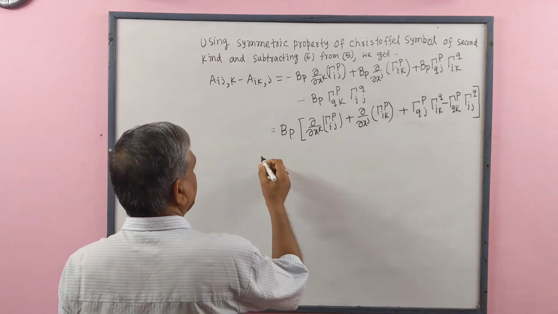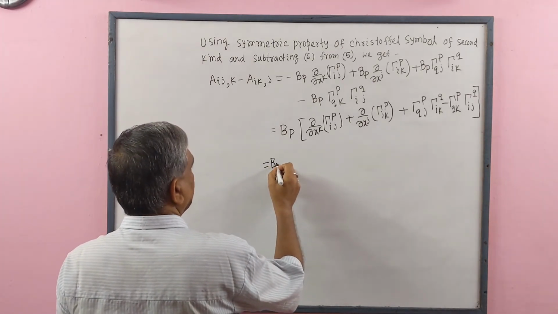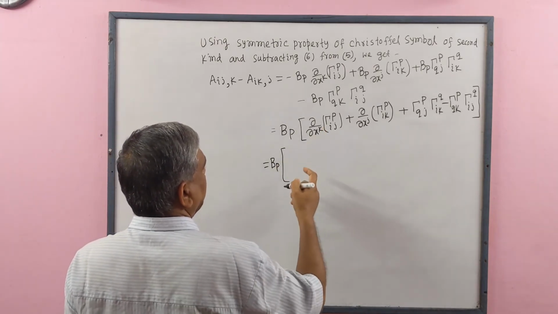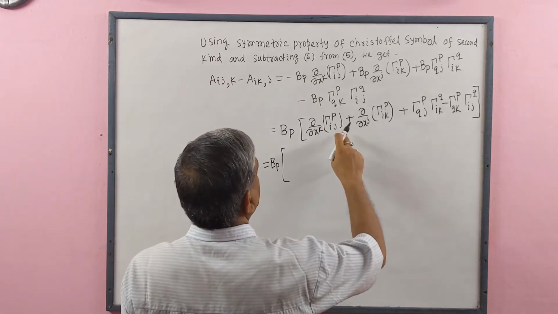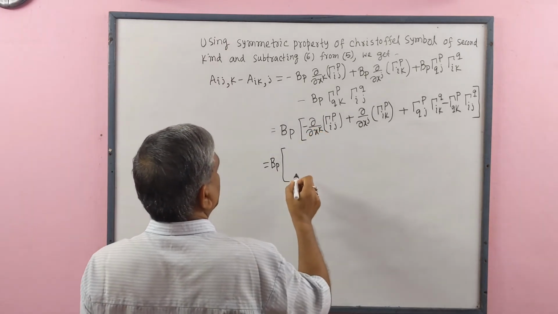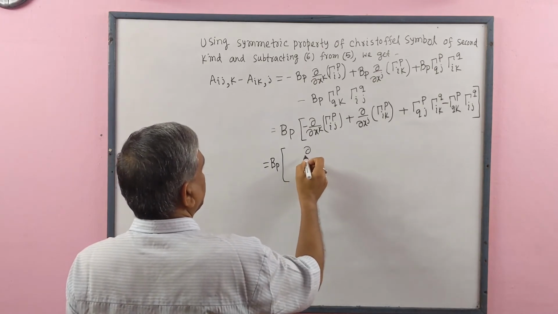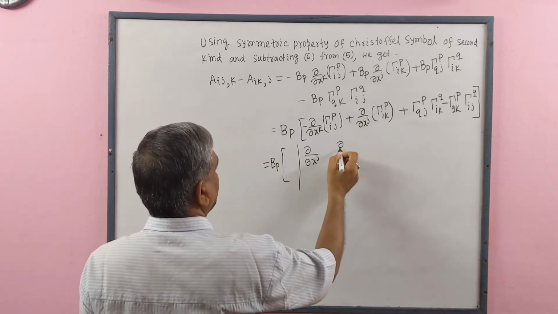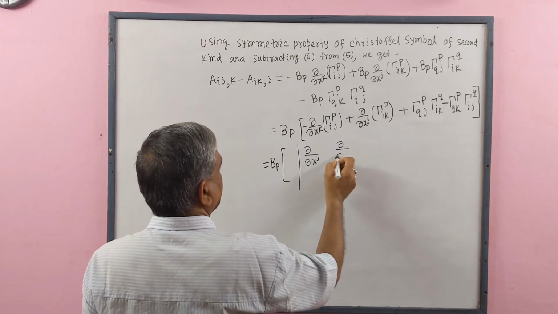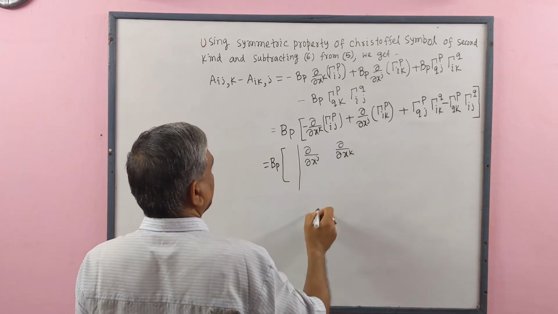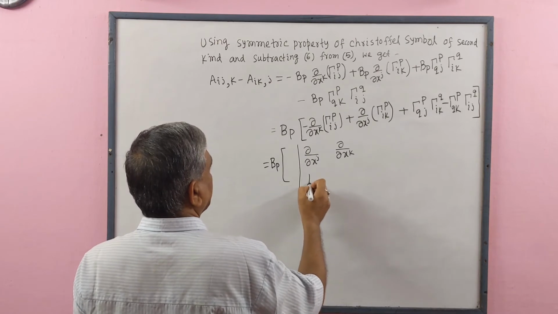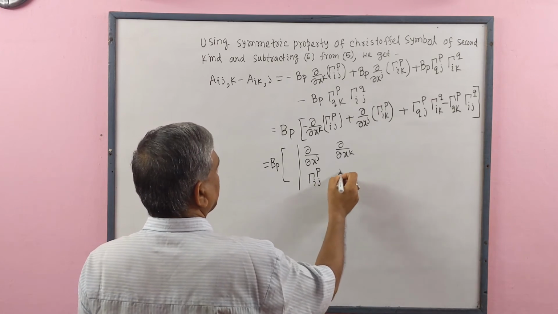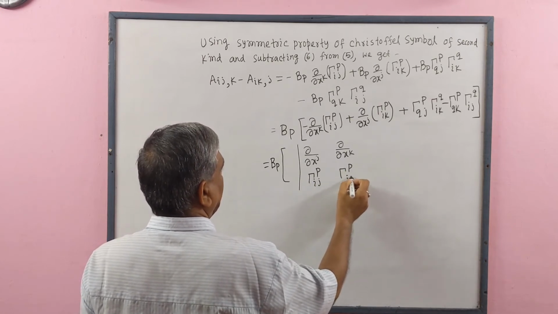We may also write this in the form BP, here in the form of, we write this is minus. So in the form of determinant we may write this del by del xj, del by del xk. Here we write Christopher symbol second kind p ij, Christopher symbol second kind p ik,